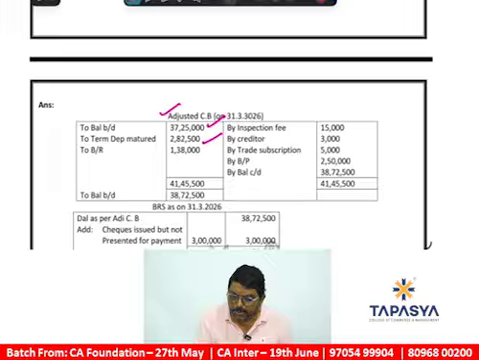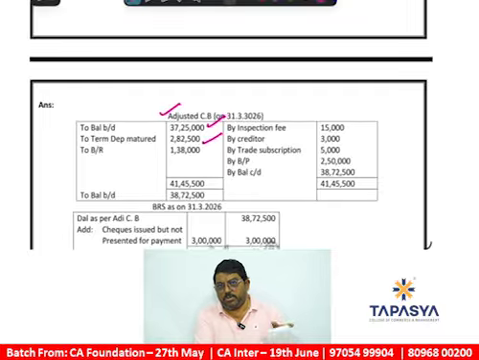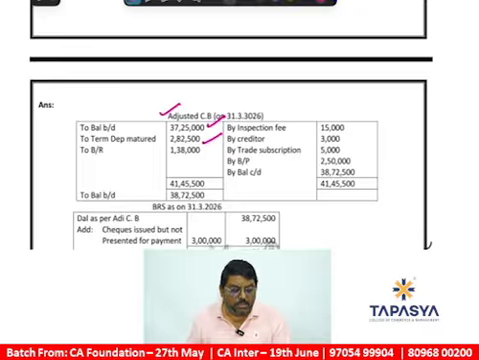Term deposit matured 2,82,500: because it is entered in the passbook and also entered in the cash book, you need not go for BRS. Next, inspection fees 15,000 debited by the bank. Some inspection fees debited by the bank. If it is credited in the passbook 15,000 rupees, I need not go for BRS because in both books it is